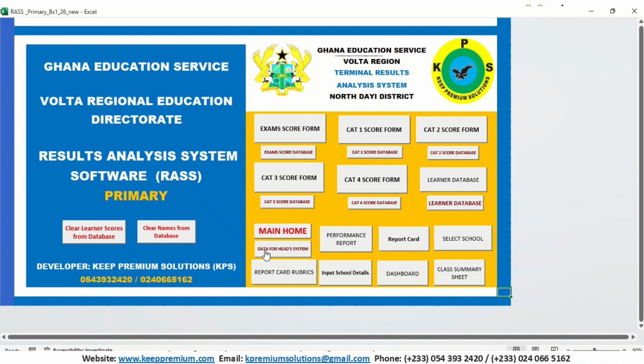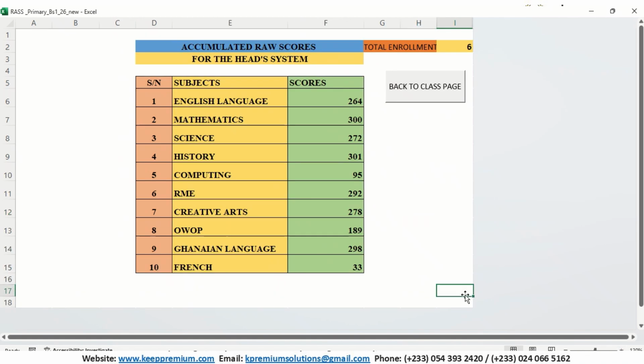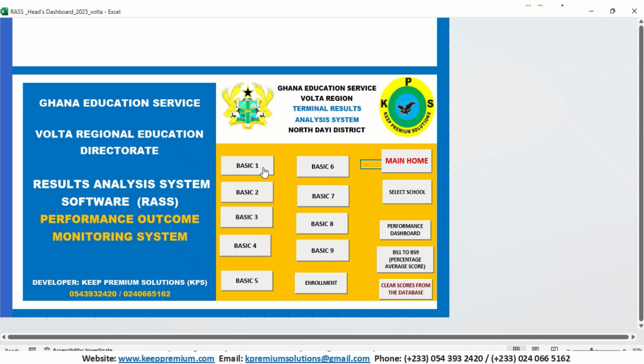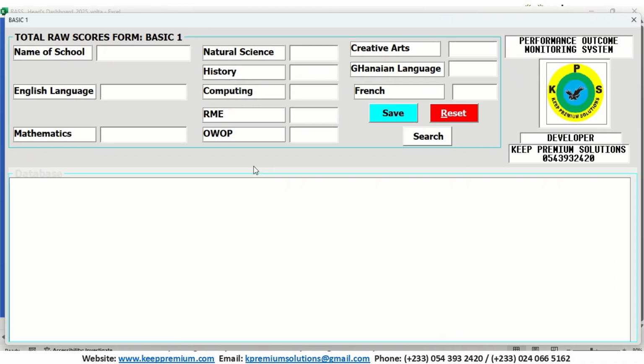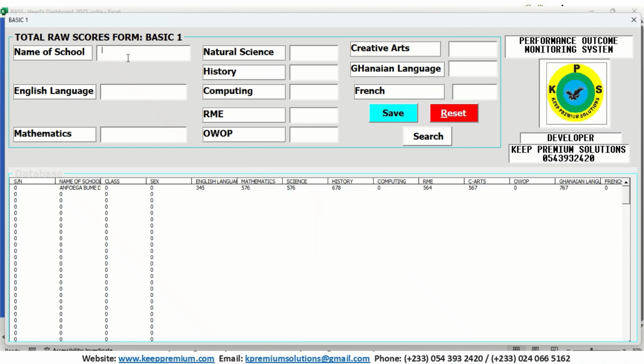So this is the data for the head teacher system. This is where the head teacher will get the data from the system. If it is not linked, the head teacher has to ask the class teacher to give him this data using that command button called data for the head teacher system. If you have that data, the head teacher will have to come to class 1, reset the form to activate the database, type in the name of the school,